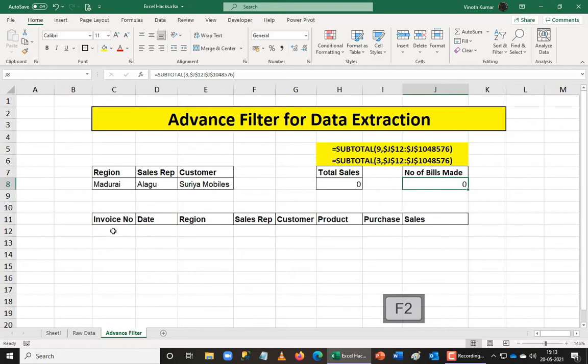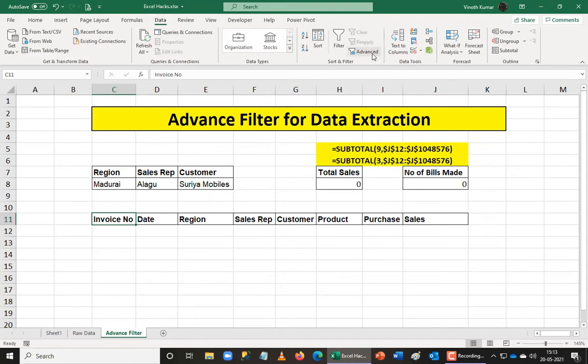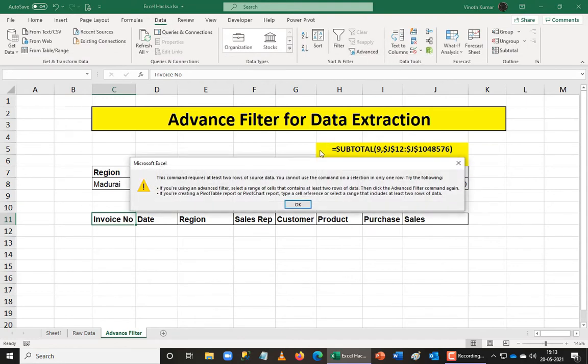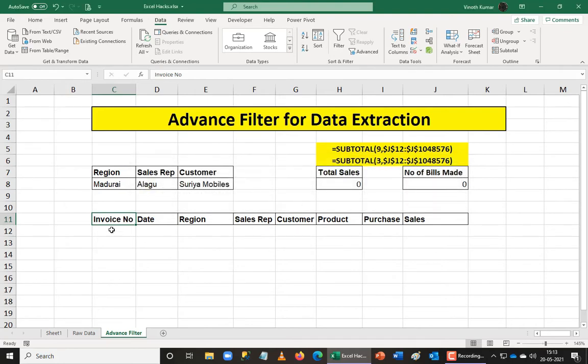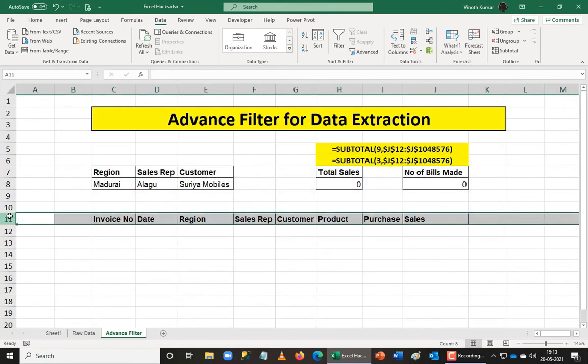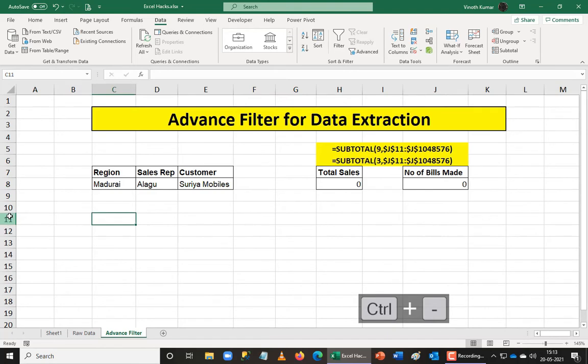I'm going to place the cursor in the invoice number here, come back to Data, and pick Advanced Filter. Normally it pops up a window like this. That's fine for me, I'm going to give an OK, or I can take a blank space and then add an advanced filter here. So if it still gives you the list, don't worry about it. Just remove the entire dimension here and then add an advanced filter.